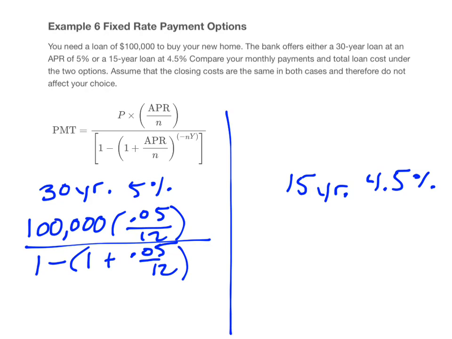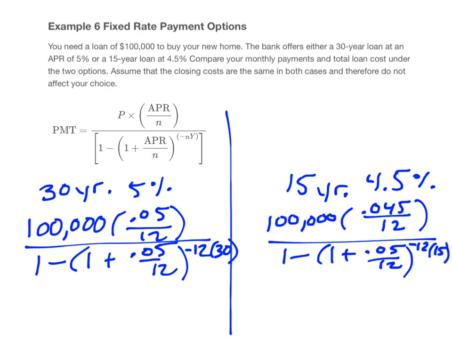And then we have negative 12 times, in this case, 30 for the number of years. Okay, and then the only difference with a 15-year mortgage will just be the interest rate and the term in years. Okay, so calculating out those two